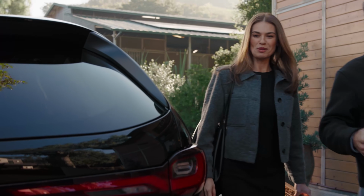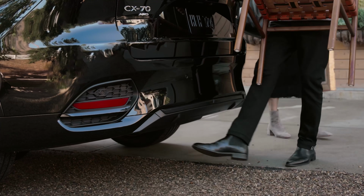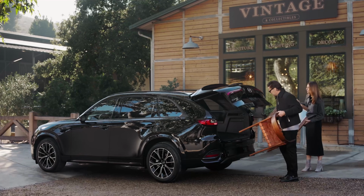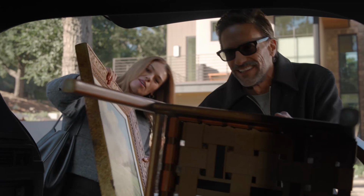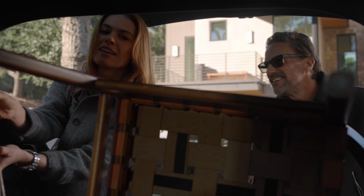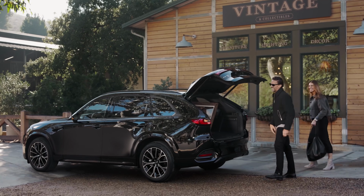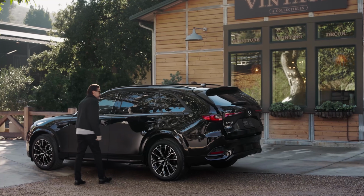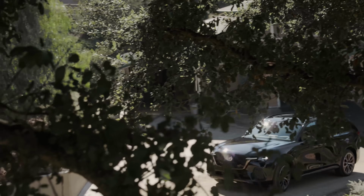And then we have the Premium Plus, which builds upon all of the features we just talked about. So this is going to be your top of the line 280 horsepower version of the CX-70. This Premium Plus comes with standard Napa leather seats. I'm not gonna lie, the Napa leather, it is really nice because it makes the seats feel a bit more